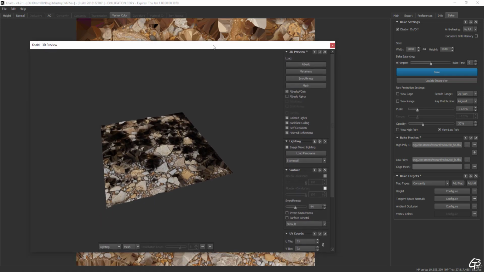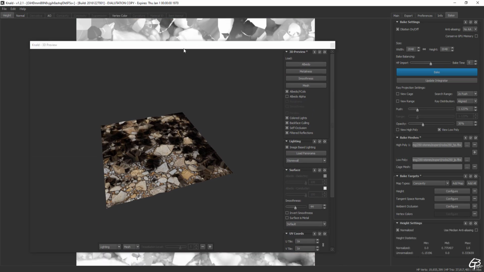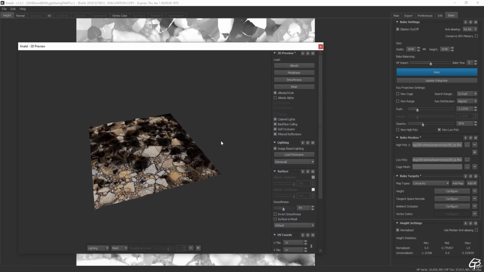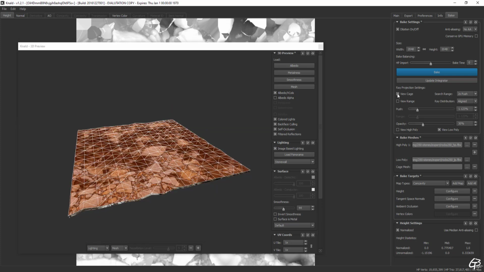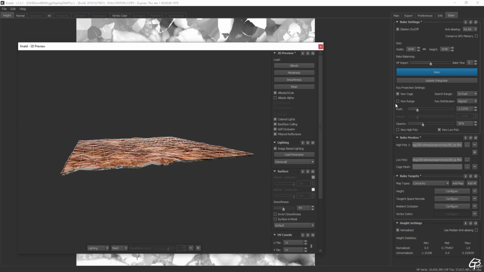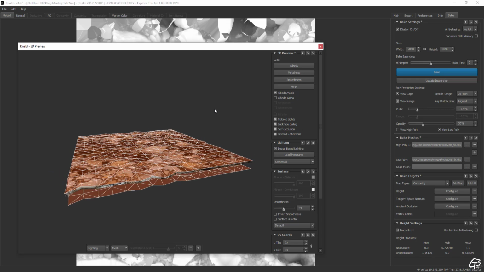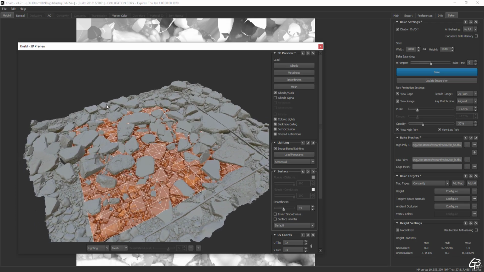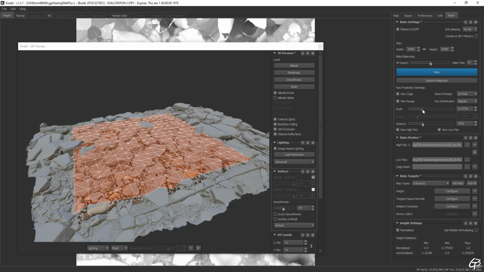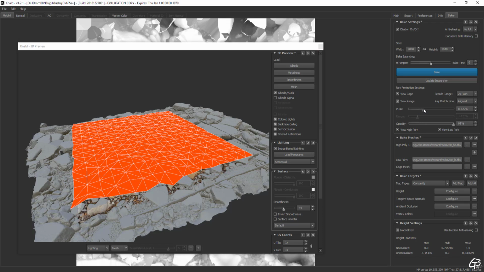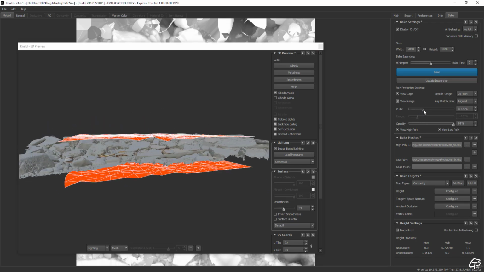The reason for this is too short initial projection distance, with part of the high poly model totally out of the projection range. Let's turn the cage and distance preview on, and turn the high poly preview on, so we can set the distance the way the entire high poly model is covered. Now let's adjust the projection range with the push slider. We can change the opacity to make sure everything is within range and nothing pops out.